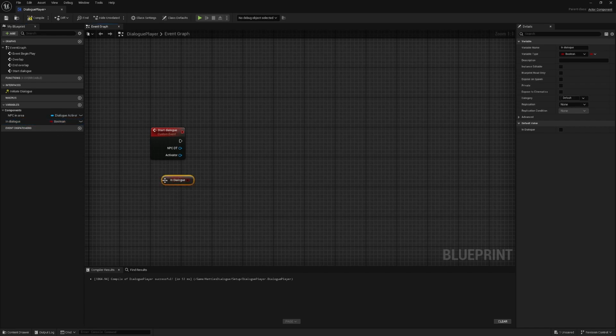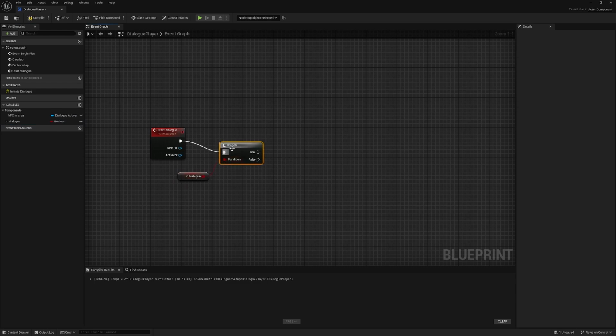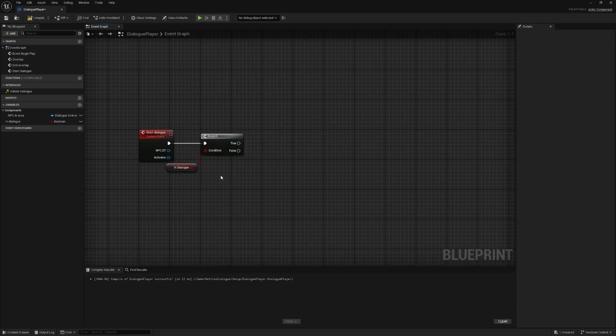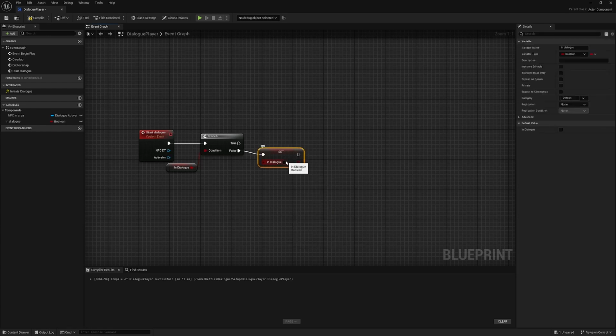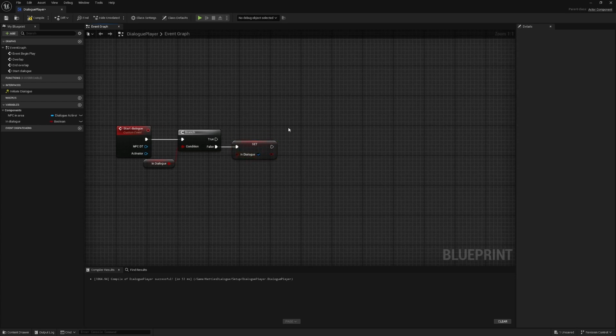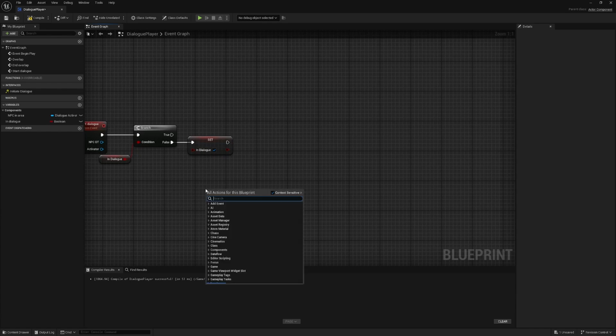And we want to make a branch. I'll plug this in. So if we are not already in dialogue, it will move on to the next thing. So if we're not already in dialogue, it will set in dialogue to true. And now, because we want to bring up a widget that we can control, we need to get the player controller, get player controller,